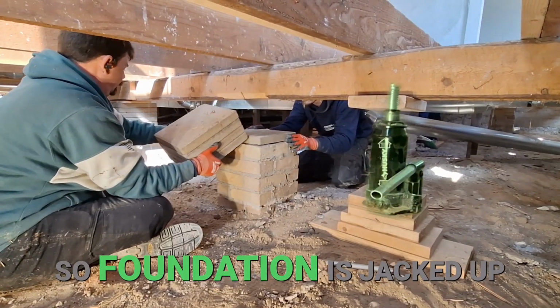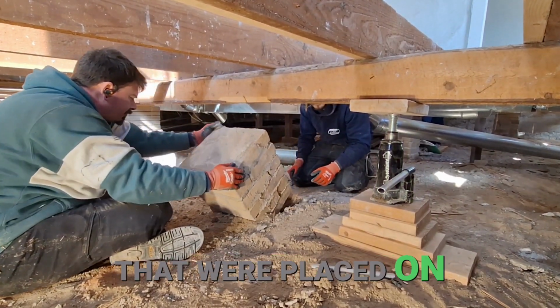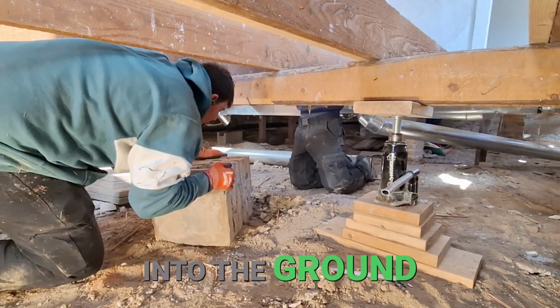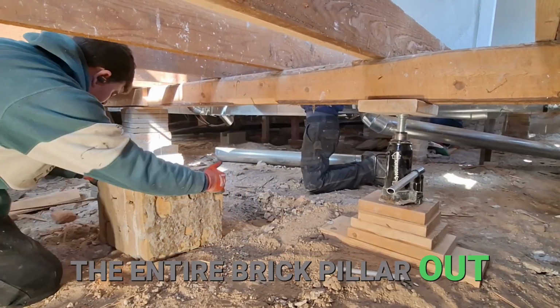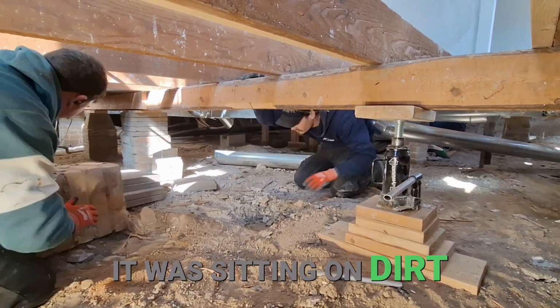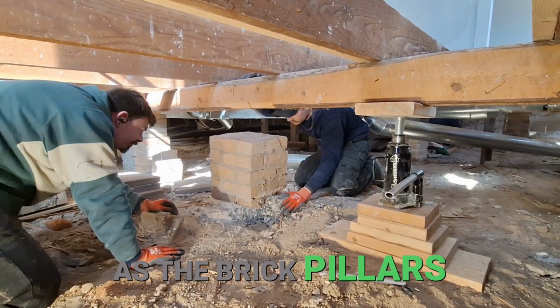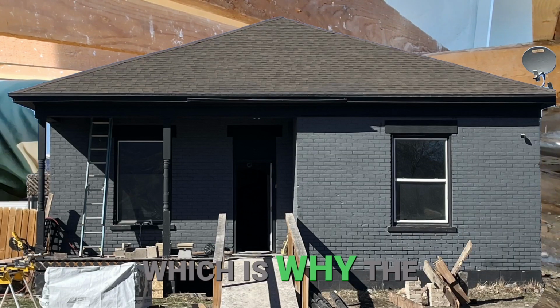Okay, so foundation is jacked up. They're removing the spacers that were placed on top of the original brick pillars. The brick pillars sunk into the ground. You can see how easy he just pulled the entire brick pillar out. It was sitting on dirt. There was literally nothing underneath it. So as the brick pillars sunk into the ground, they separated from the house beams, which is why the house